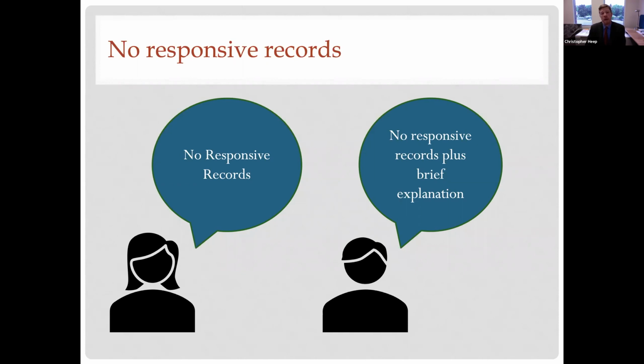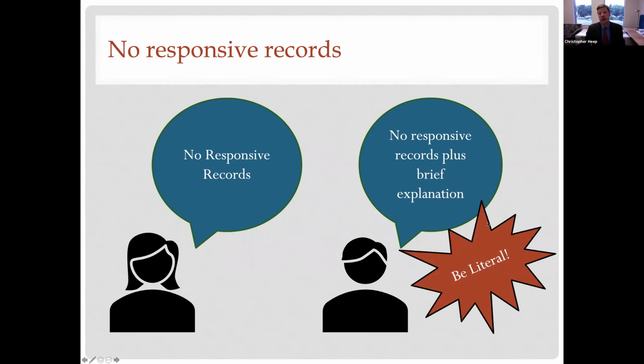For example, if a request asks for all emails between certain board members about a particular matter, the response might note that there are no such responsive emails, but direct the requesting party to the minutes of a meeting where that matter was discussed. That's not legally necessary, but in some cases it can provide some additional information and perhaps head off another request from the party looking for that information.